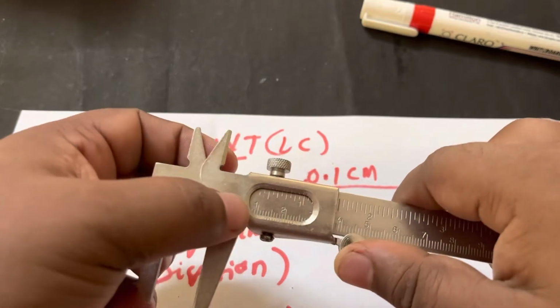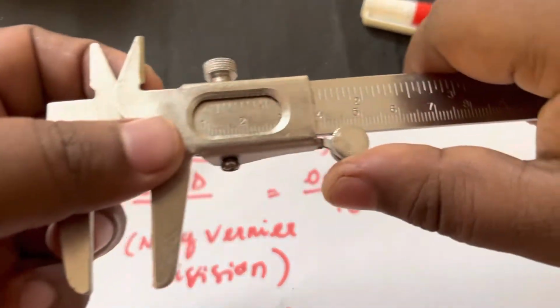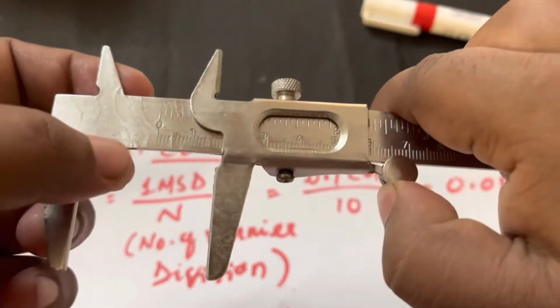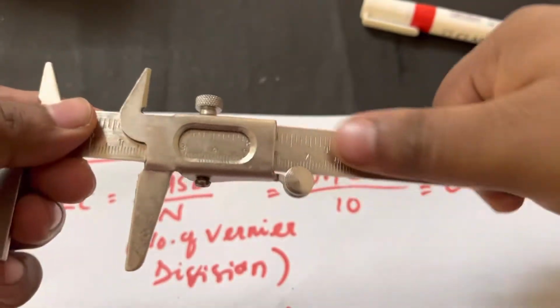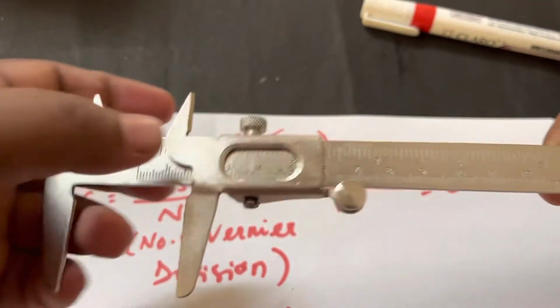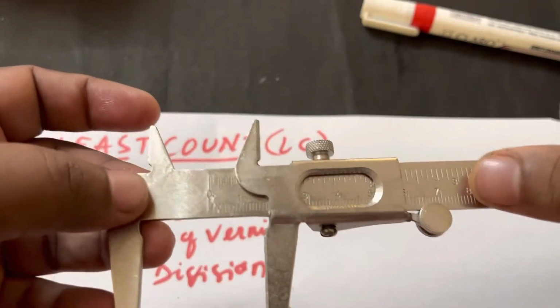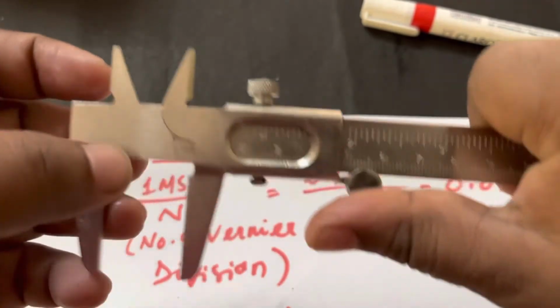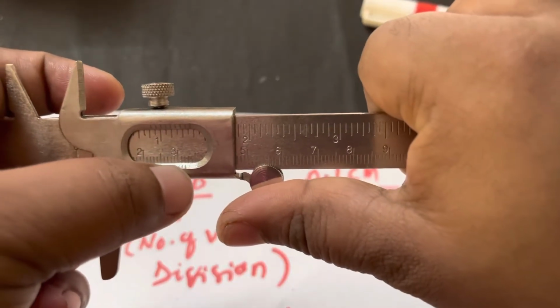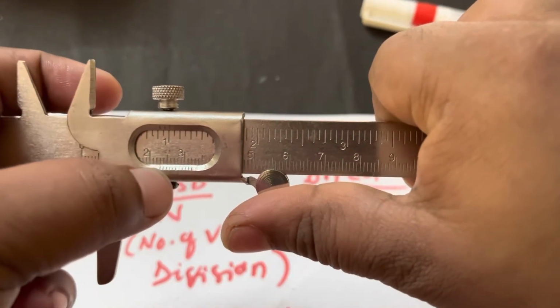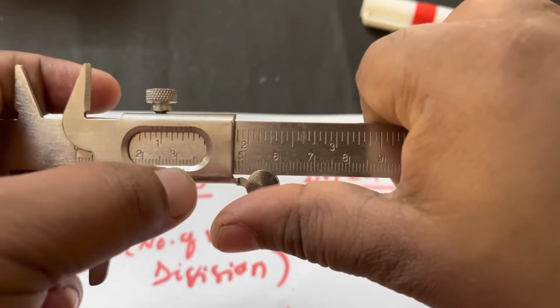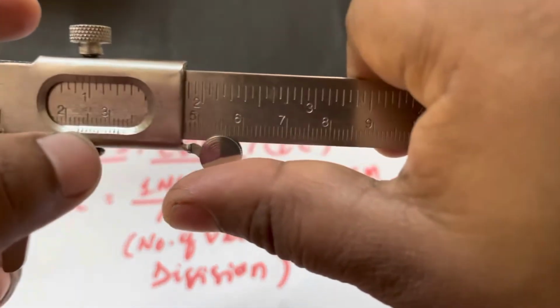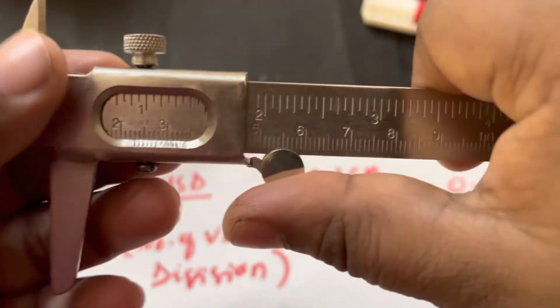Now you see there are two scales. If you look carefully, there are two scales. This one is the main scale, the scale over the big metallic strip. And on the sliding one, you can see that there are also lines. This is called the Vernier scale. Now if you count this properly,